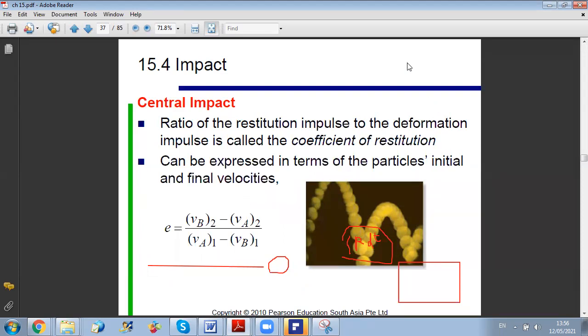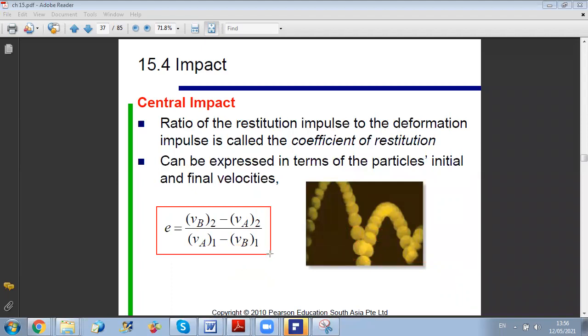Now هيدا اللي كنت عم بحكيكم عنه عن restitution coefficient. إيه؟ شو يعني restitution coefficient؟ مثل ما قلنا هو بيعطينا ratio of the restitution impulse to the deformation impulse. It is called restitution coefficient and it can be expressed in terms of the particle's initial and final velocity. هيدا الكويفيشنت كثير مهم. هن عادة بحيلا collision إذا قالوا لنا elastic collision يعني E equal 1. أوكي. فإذا بس يقولوا لكم elastic collision بيكون 1.